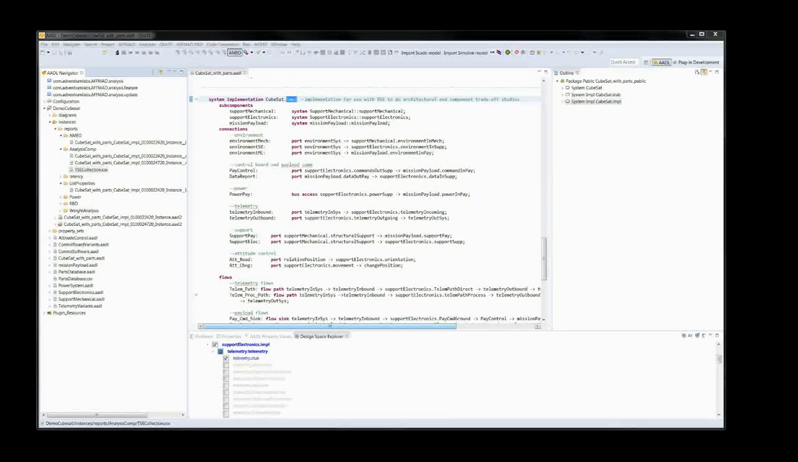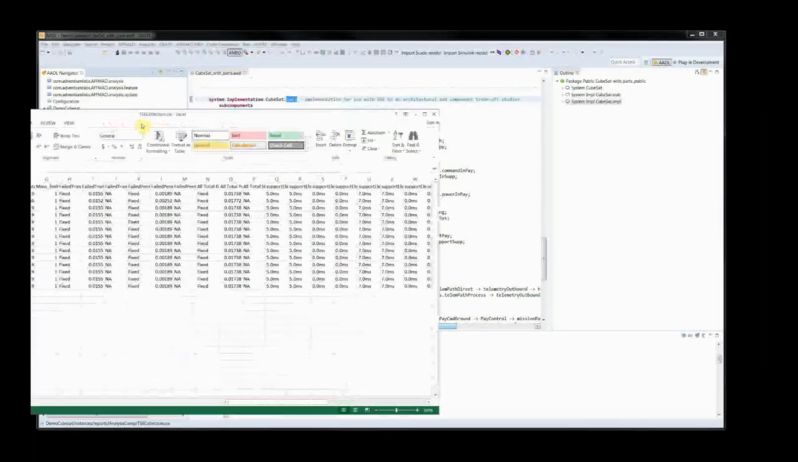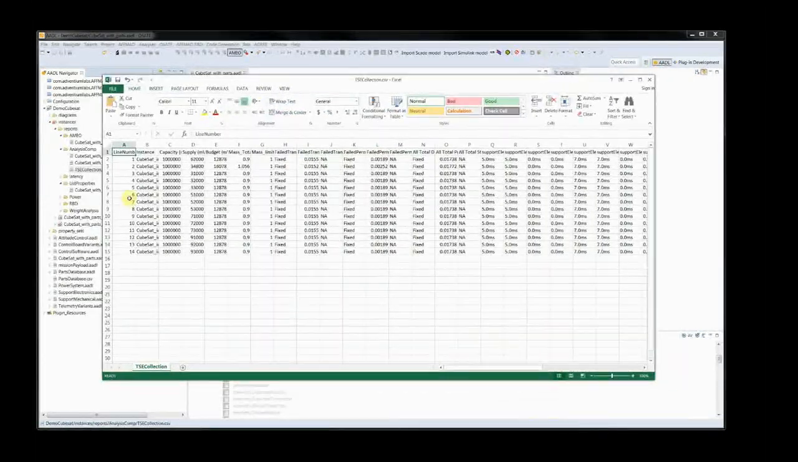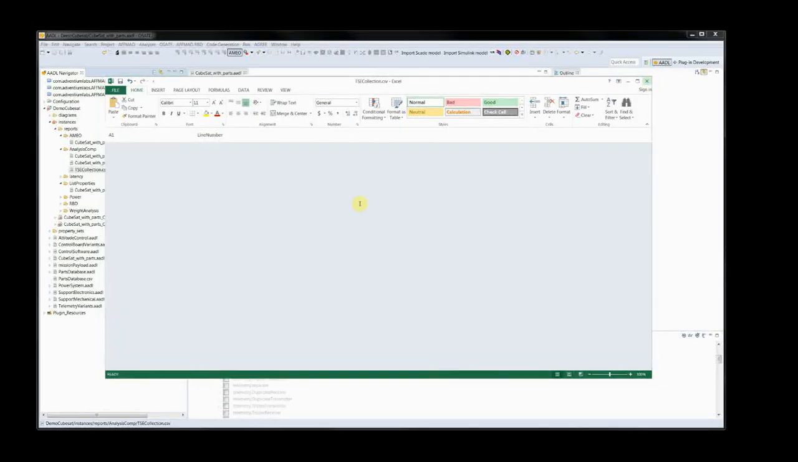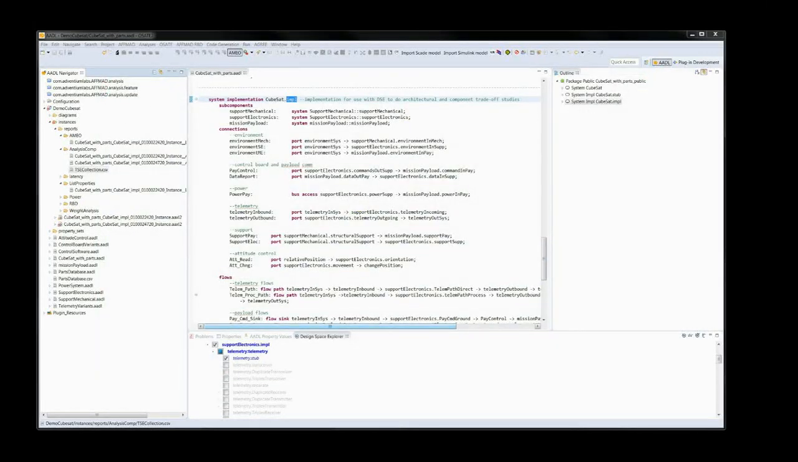Now we'll show the output of the TradeSpace Explorer. We'll go up here and open up our collection file. And the collection file has now had 12 more tests added, so now we have a number of different instances, and each of them had different configurations for supply and budget, and all the results of all of the analysis tools are populated. Now if we look at that file with TradeSpace Visualizer,